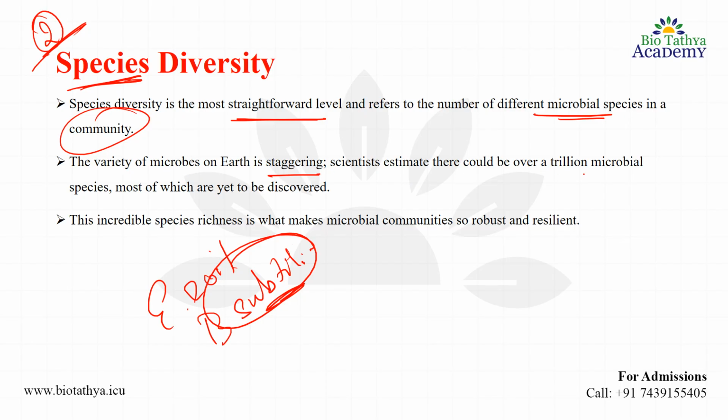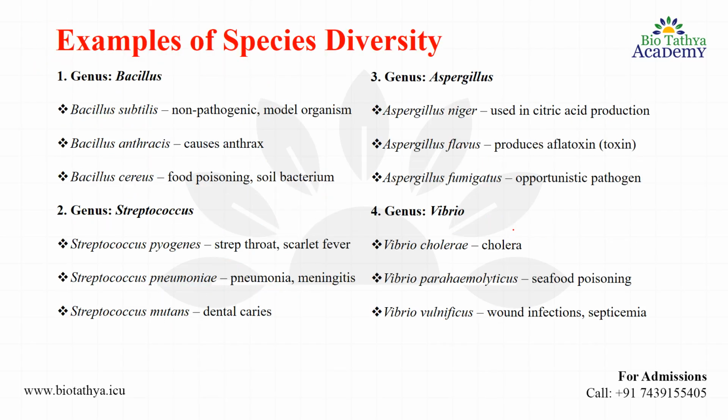Scientists estimate there could be over a trillion microbial species, most of which are yet to be discovered. This incredible species richness is what makes microbial communities so robust and resilient. I hope you are understanding. Now, if we come to the examples of species diversity, we can see that if we talk about the genus